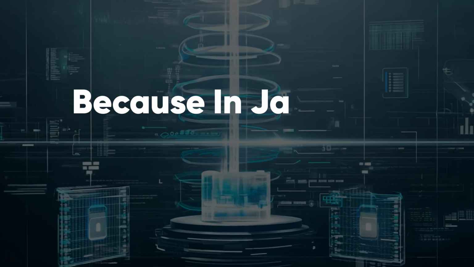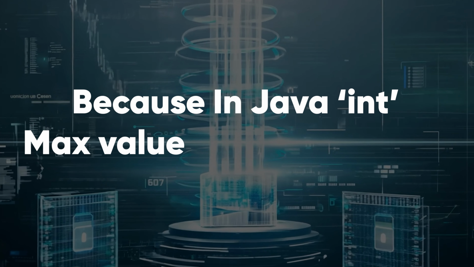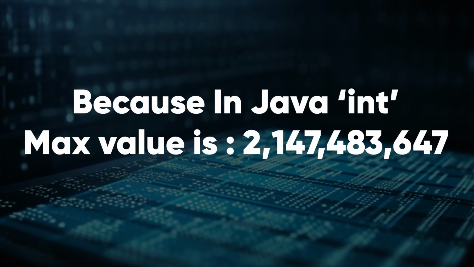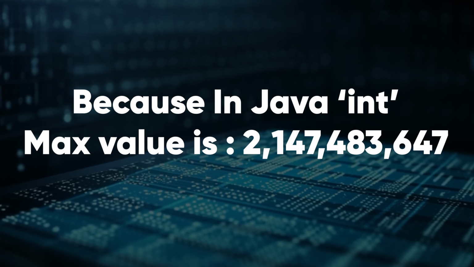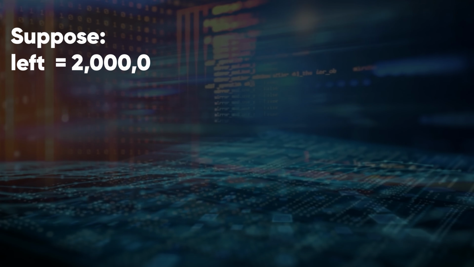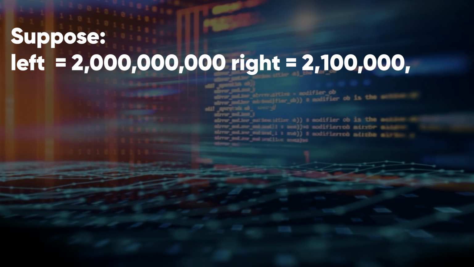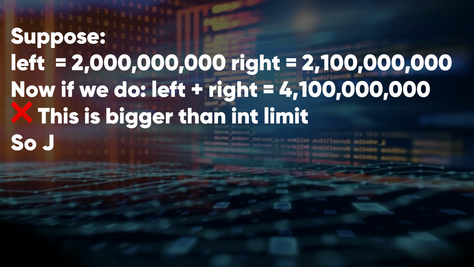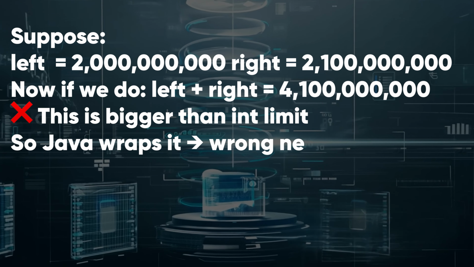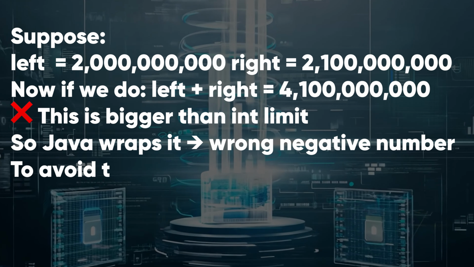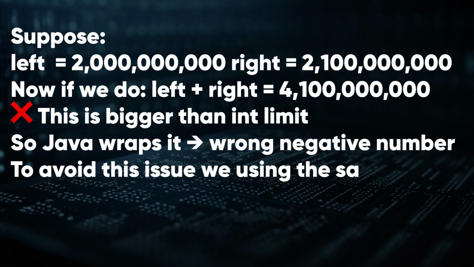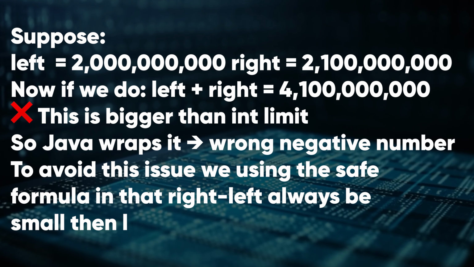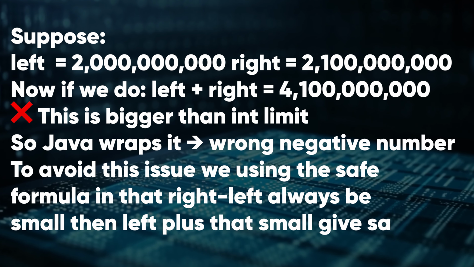Because in Java, the int max value is 2,147,483,647. Suppose left equals 2 billion, right equals 2,100,000,000. Now if we do left plus right, it equals 4,100,000,000. This is bigger than the int limit, so Java wraps it around, giving a wrong negative number. To avoid this issue, we use the safe formula: right minus left is always small, then left plus that small value